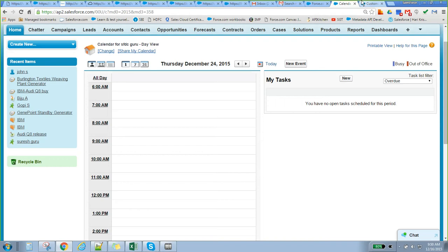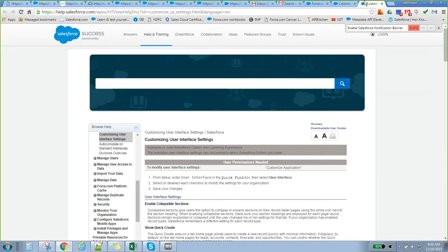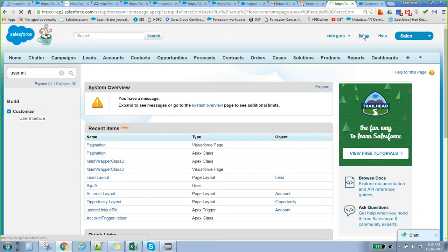201 and App Builder are the basic certifications. Once you are done, you can go for advanced ones like Sales Cloud, Service Cloud, Platform Developer 1 or Platform Developer 2. It is better to take at least two certifications, App Builder and 201. Clear? Yeah, I got it.